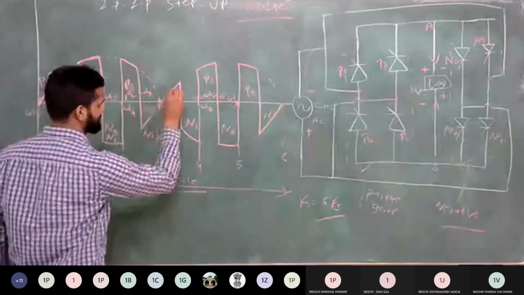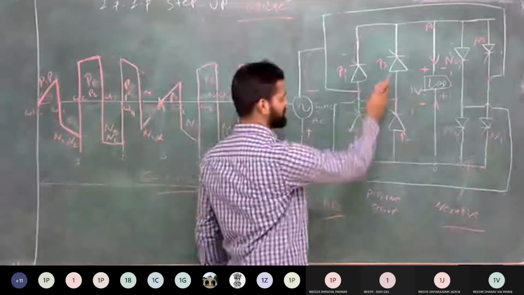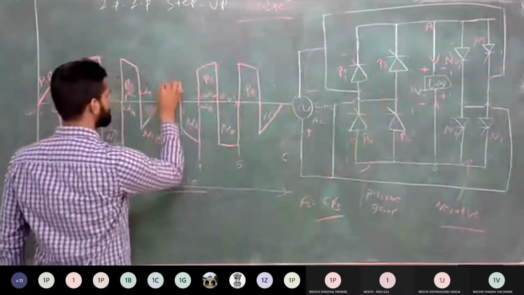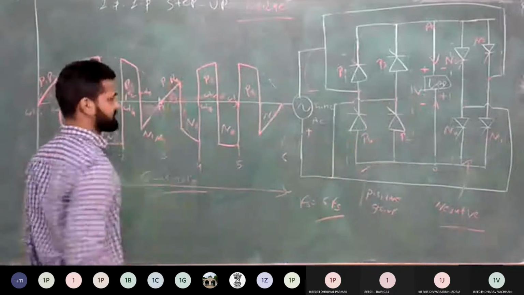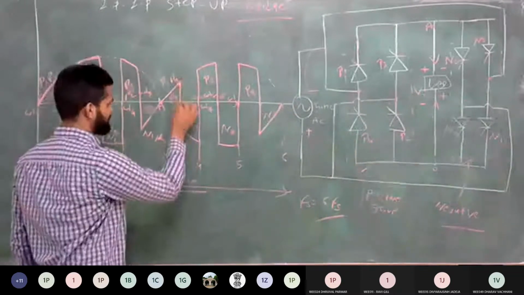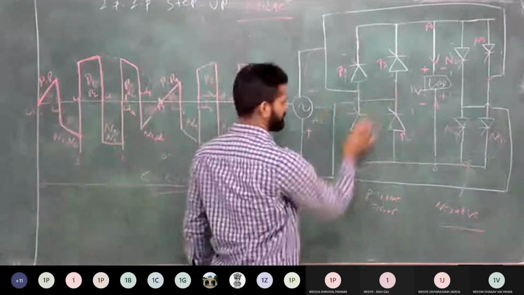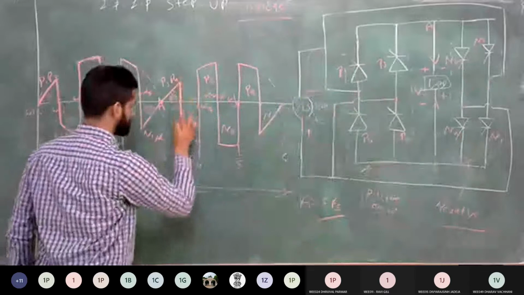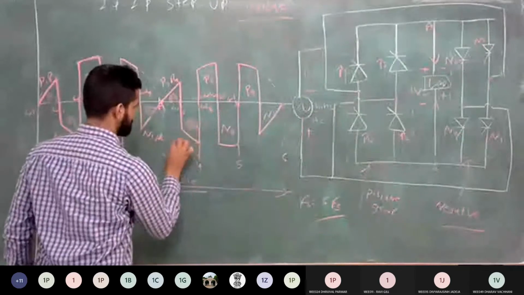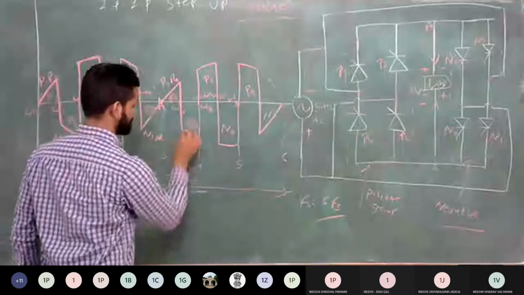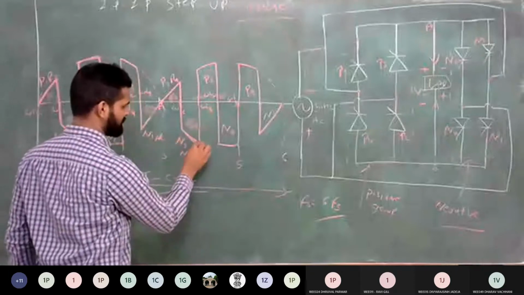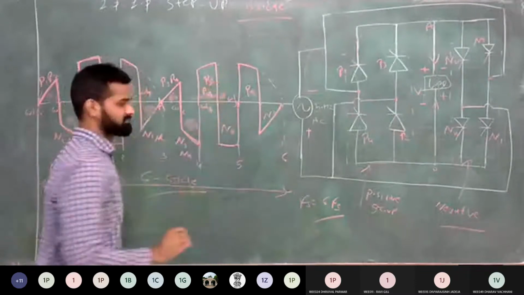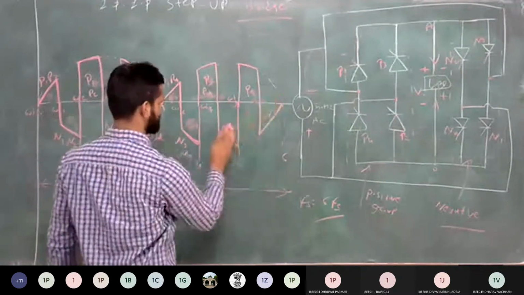It means after the pi, the positive cycle starts. So you turn on this P3 and P4 by applying the gate pulse. So during this period, P3 and P4 is conducted. Clear? And at this angle, omega T6, forcefully turn off P3, P4 and turn on this N3 and N4 to get the negative voltage. Yes, so this is for N3 and N4 conduction, this one. And again forcefully commutate this and turn on P3 and P4, this one. So this is repeated for the next cycle also.